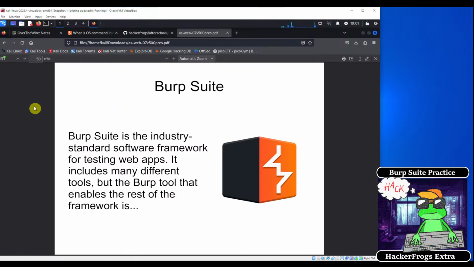So Burp Suite is the industry standard software framework for testing web apps. It includes many different tools, but the Burp tool that enables the rest of the framework is